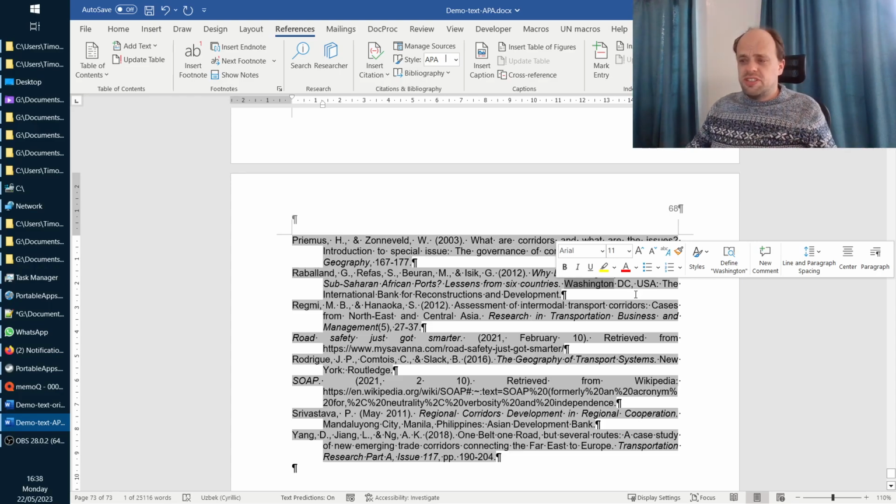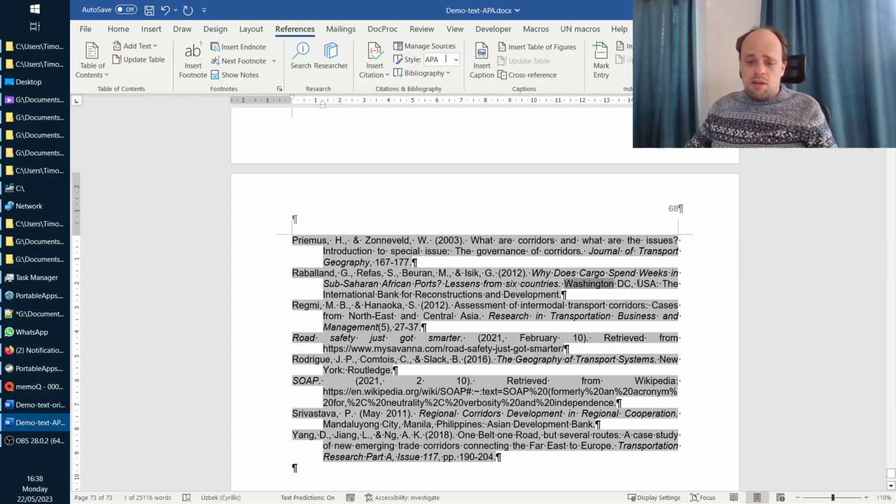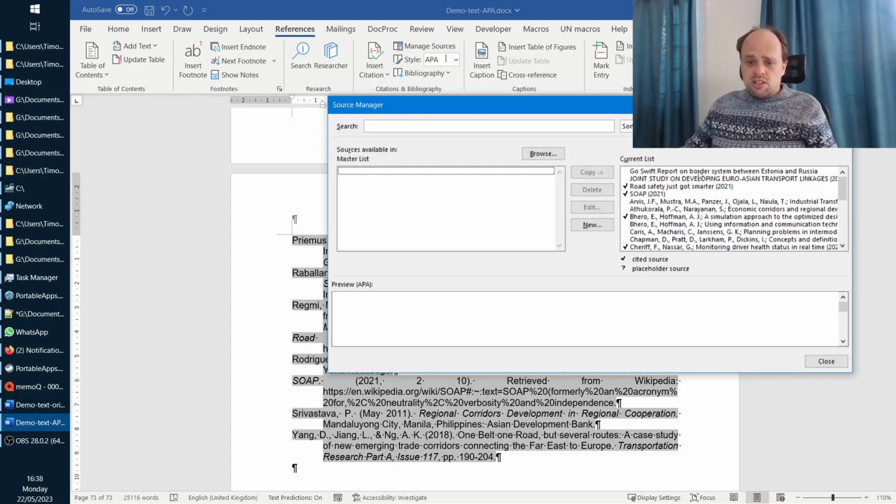But what if Washington is written incorrectly multiple times in our list? Or what if, for example, I want to change DC, if I want to put dots in DC, and maybe I've got 15 different occurrences of Washington DC in there. Well, it's not very productive to go into manage sources and change it in the reference list each time. So